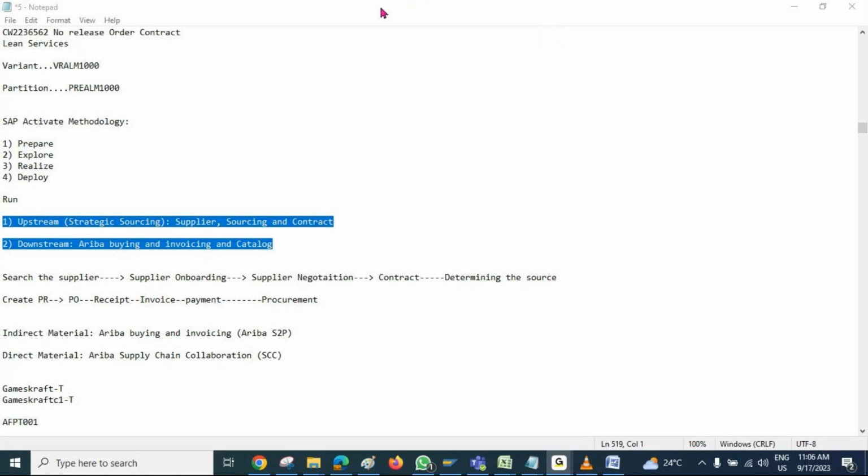I'm from a non-IT background. I completed my BCom in computer applications. I'm a fresher. Will I be able to learn Ariba? See, as I said earlier, Ariba is very easy to learn. It's not very hard. But if you have some prior experience, you can learn Ariba easily. I have no experience, I'm a fresher. If you're new, or if you've worked in a different domain, then you can learn in that case as well. But you have to put in some more dedication and hard work. Okay, thank you.